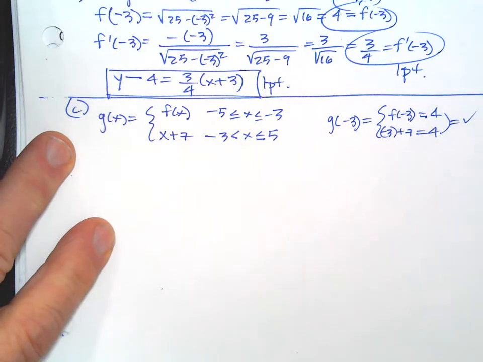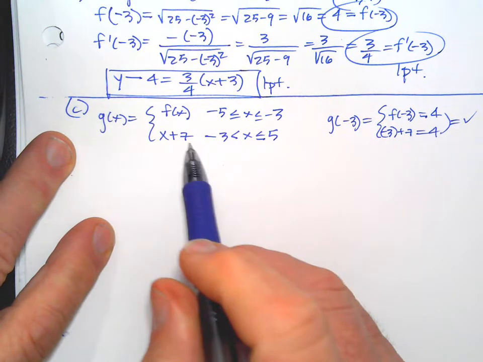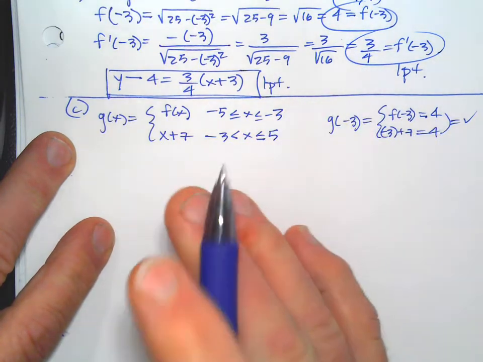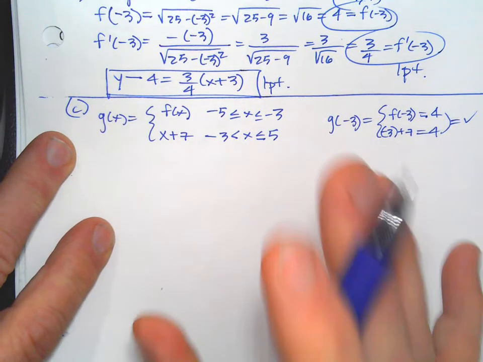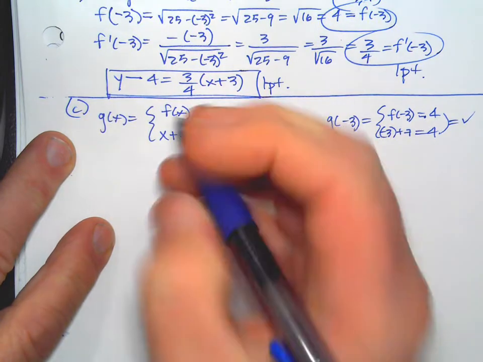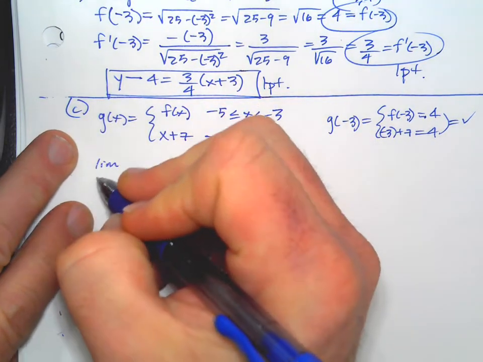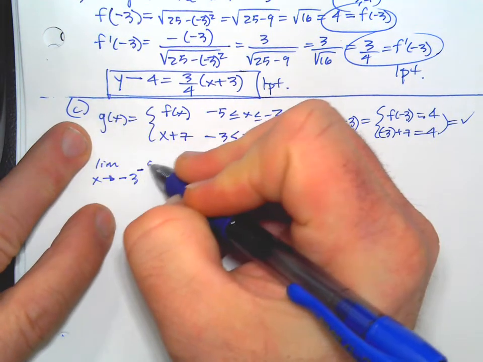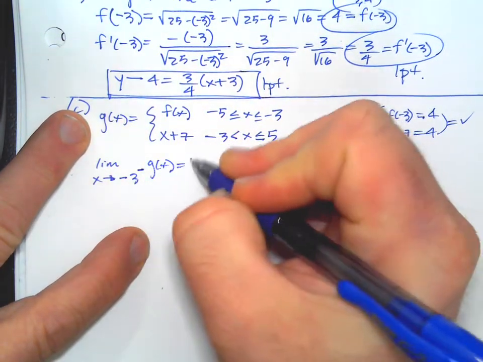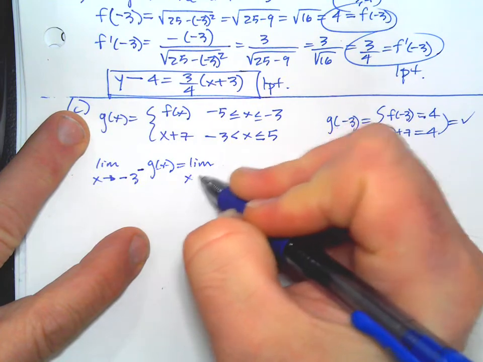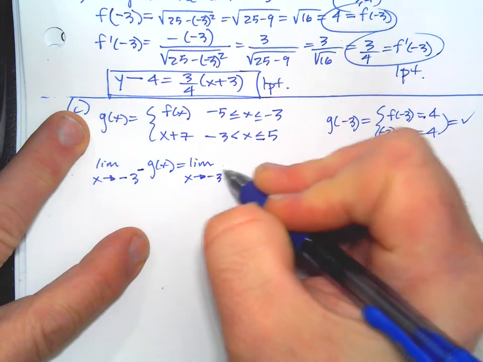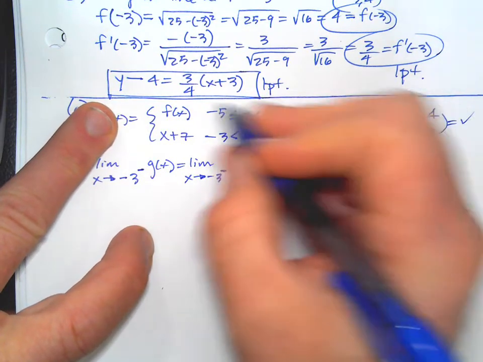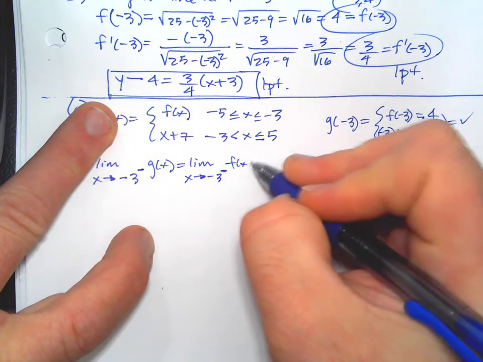What we have to do is use limits and show that both sides approach the same value. And then that the value they approach is actually equal to the value of the function. That's the definition of continuity. So we have to say, okay, let's take a limit as x approaches -3 from the left of g of x, which will be more specifically, this is the work you have to show. x approaches -3 from the left of, now from the left of -3, that's this one, that's f of x,